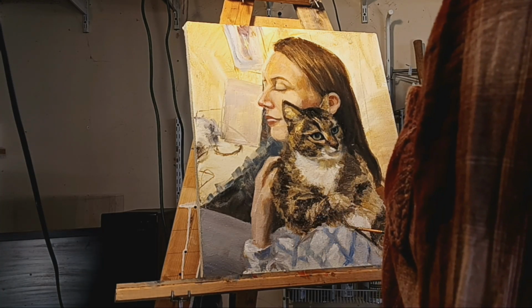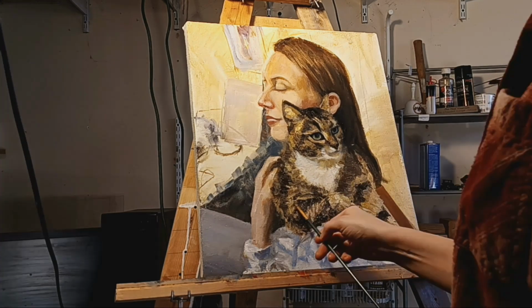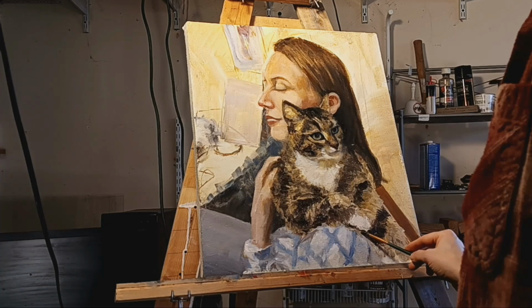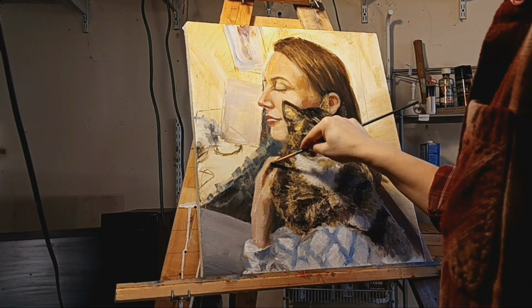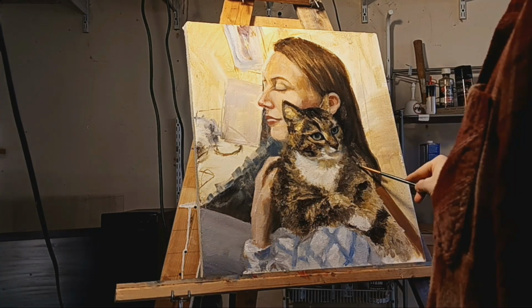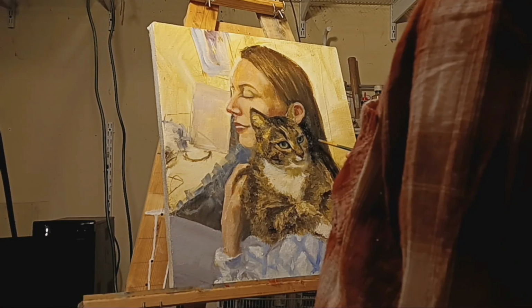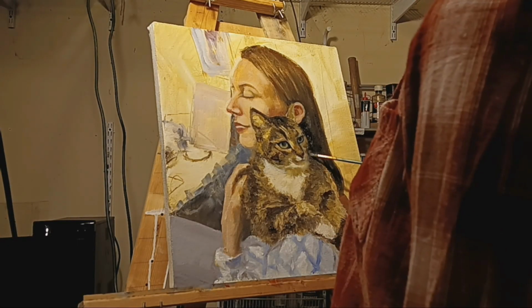I don't know if you can categorize this painting as a painting in the genre of realism. I think it is realism, probably. It's not hyper-realism, definitely. One thing that I remind myself of quite often is that a painting should be a